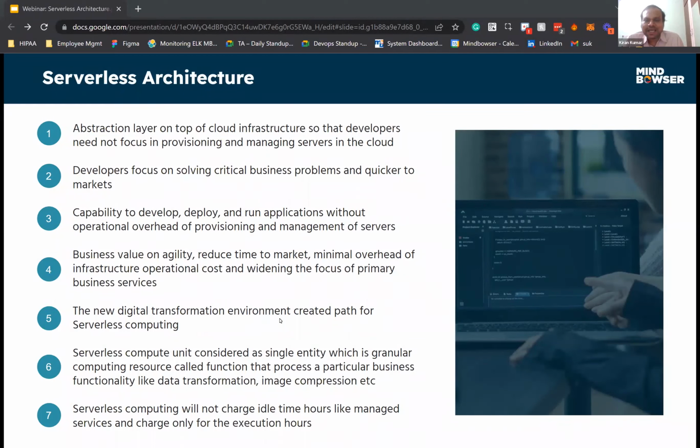That is idle. Again, when any request comes from an external source, it will start again. There are some limitations to that, which we are going to see, like cold starts, which cause latency. But that is the main difference between the managed PaaS service and the serverless service.